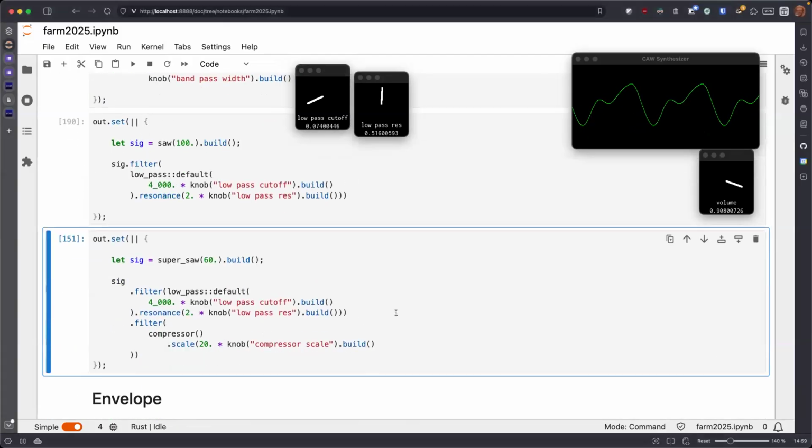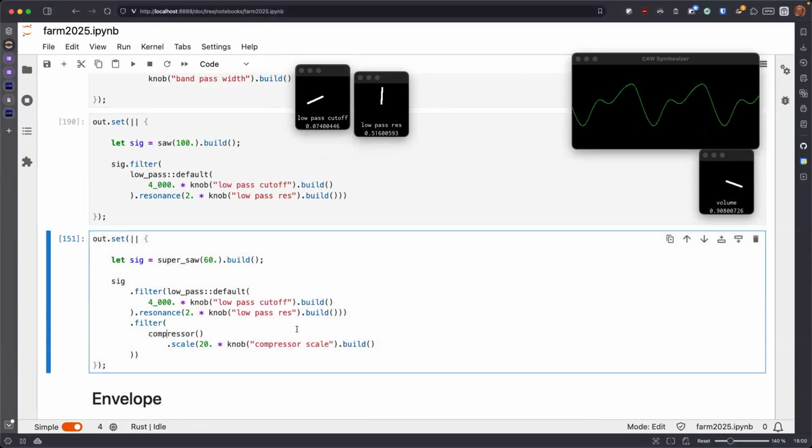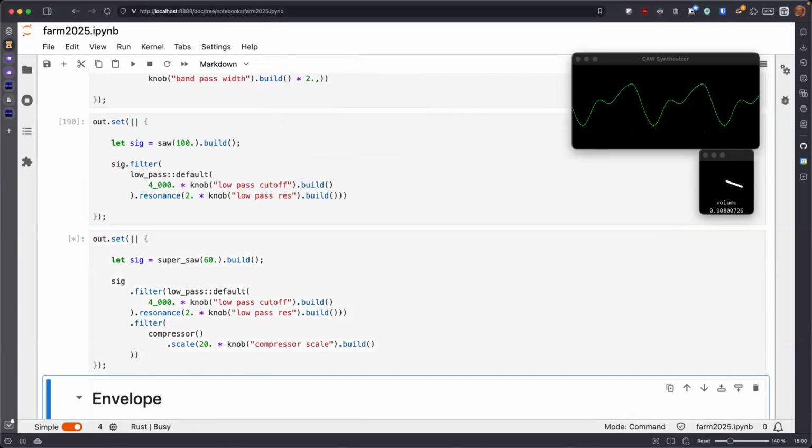The final one is a little more complex. So we're going to take the previous example with our oscillator going into a low-pass filter, except instead of the sine wave, we're going to use a saw wave. And then this final filter I'm adding is a compressor. The behavior of a compressor is to clamp all of the